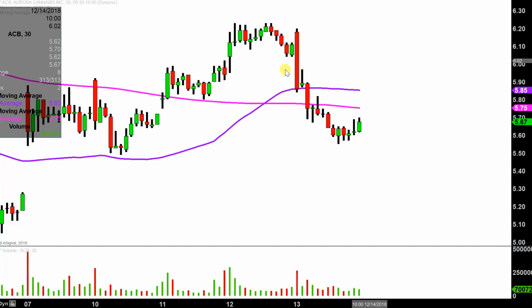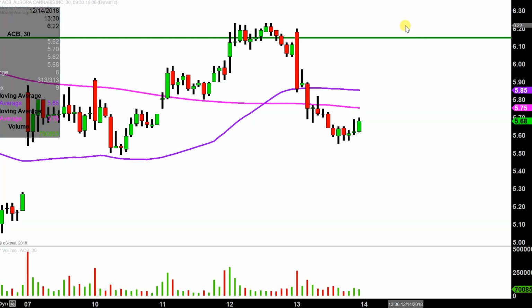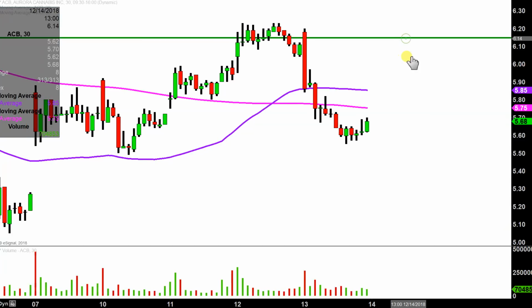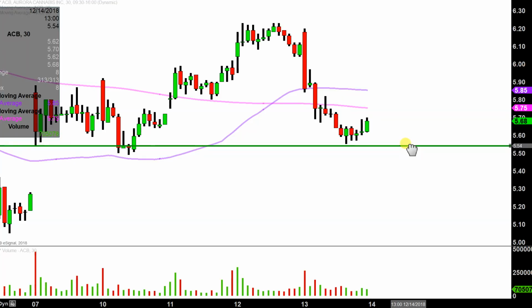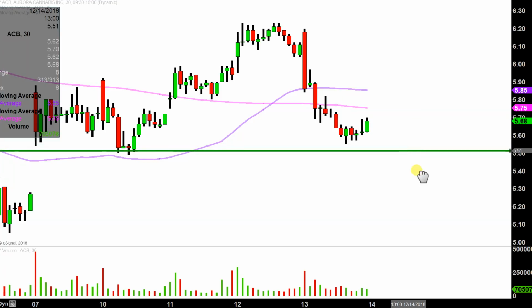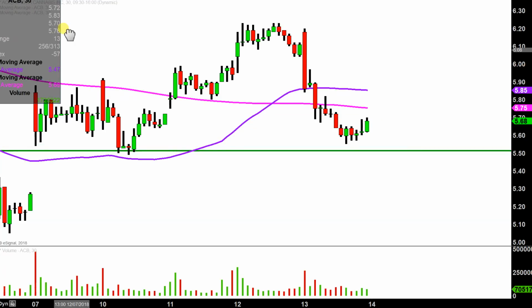So the first update to keep an eye on, and really a very important level to watch, and this is by no means some sort of great discovery on my part. A lot of people are watching this that use charts, that understand charts, and that is this level down here at, let's see, what is that? Right around $5.50. If you go back through the history of the chart, you can see that on several occasions, the price